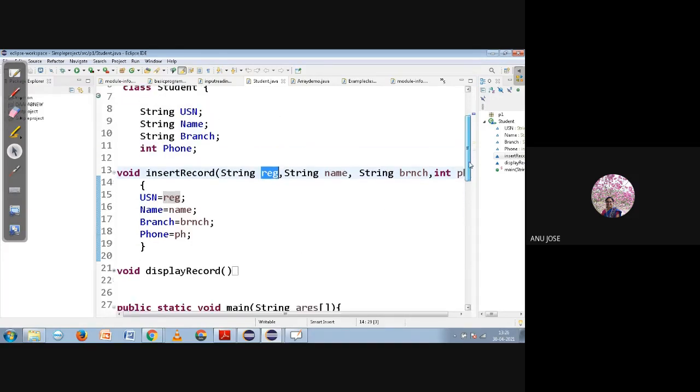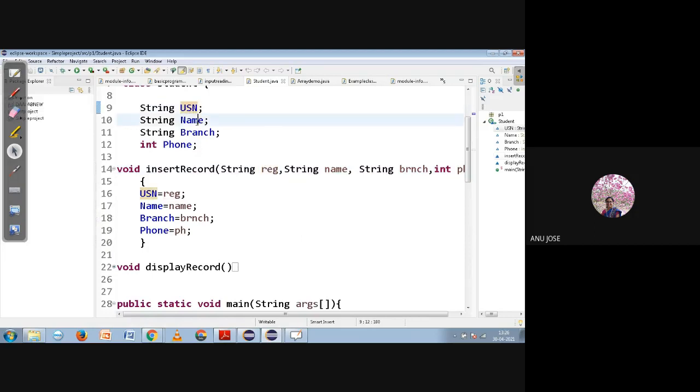Which are the member variables of the class? USN, name, branch and phone number. Along with those member variables, the values are assigned. So for that particular object, the USN is this, the name is this, the branch is this, and the phone number is this. Those values we have assigned.